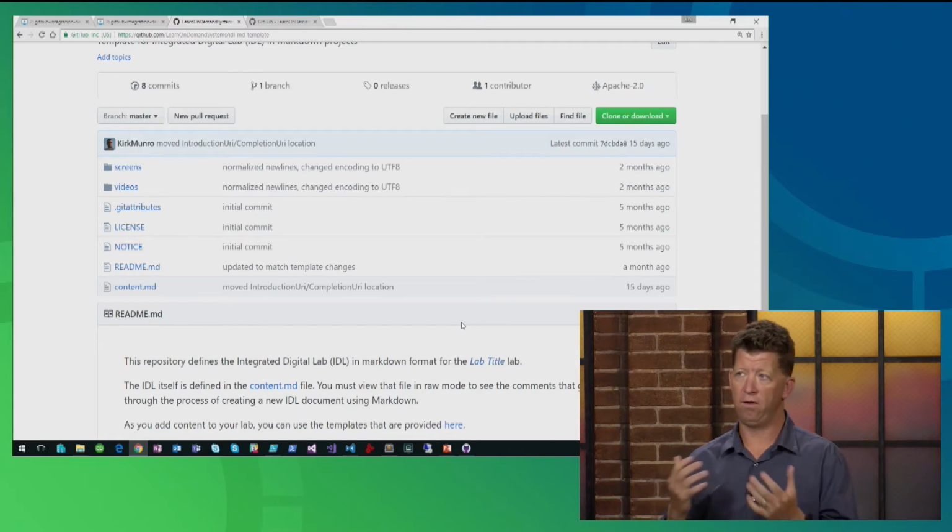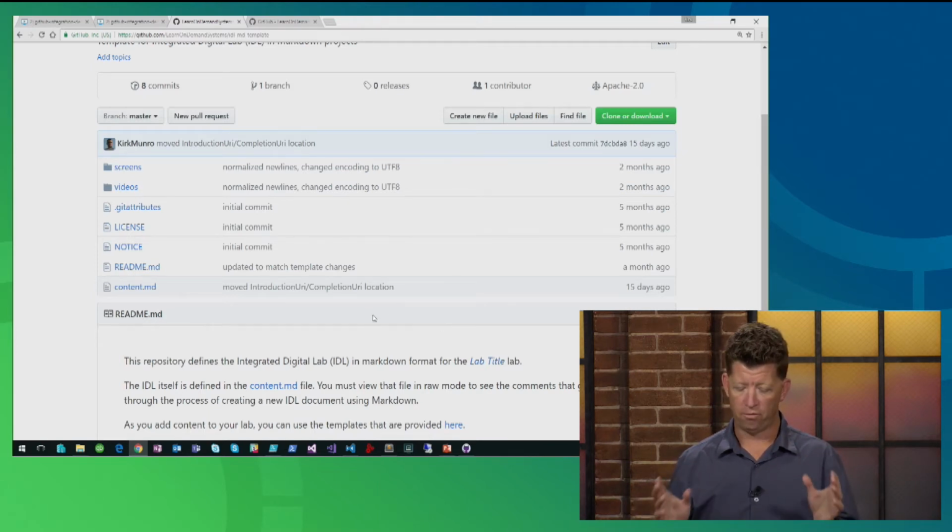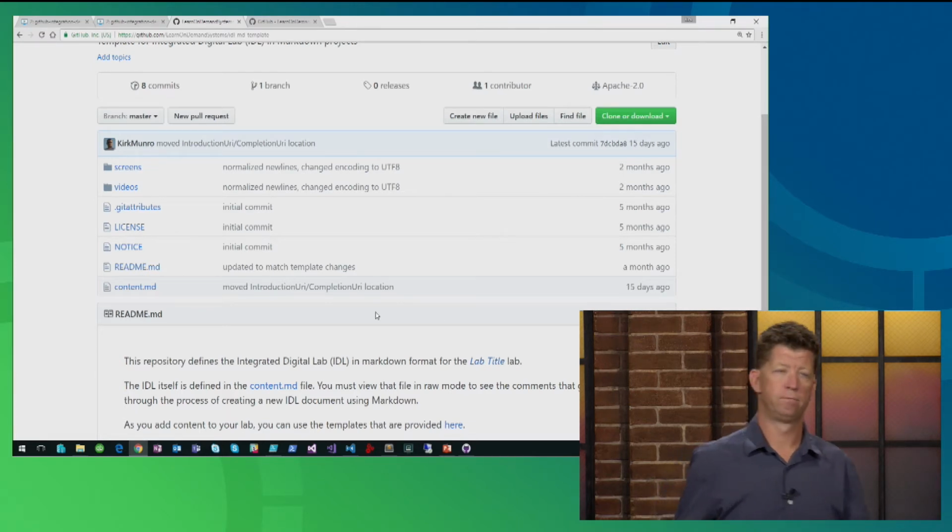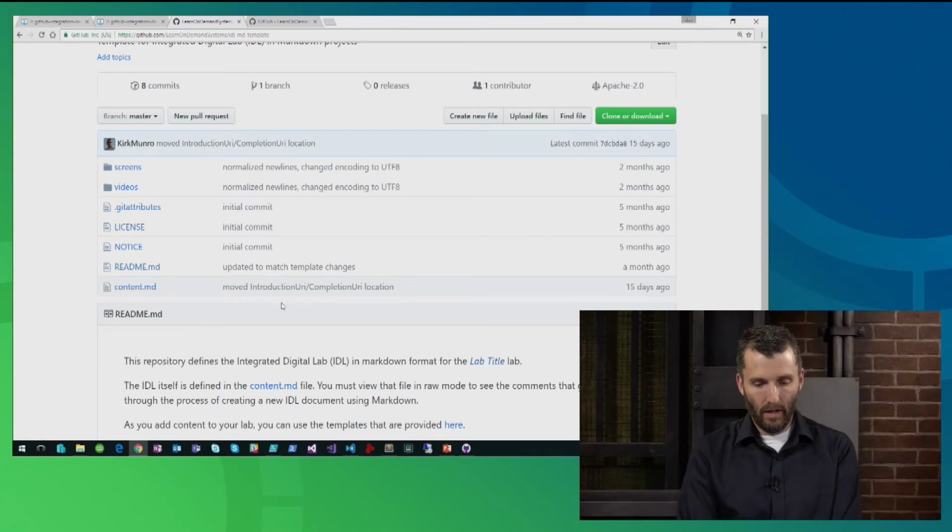So we're looking at things like, can we use lots of labs in the same repository? Can we use folders in the same repository? Branches, for example. These are all things we're interested in hearing how you feel would be useful. That's right. In this particular template, I mentioned I had a template which had some comments to help you understand how this works. If you look at this template in the content MD file, if I click on it,